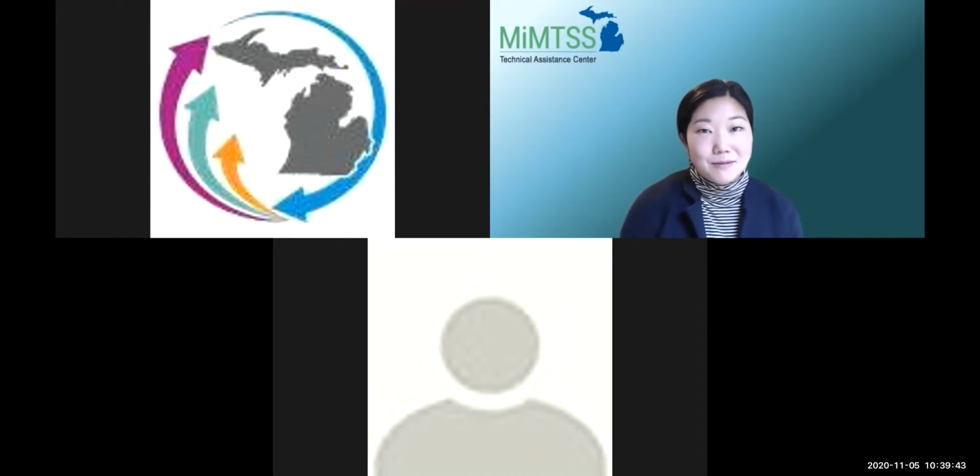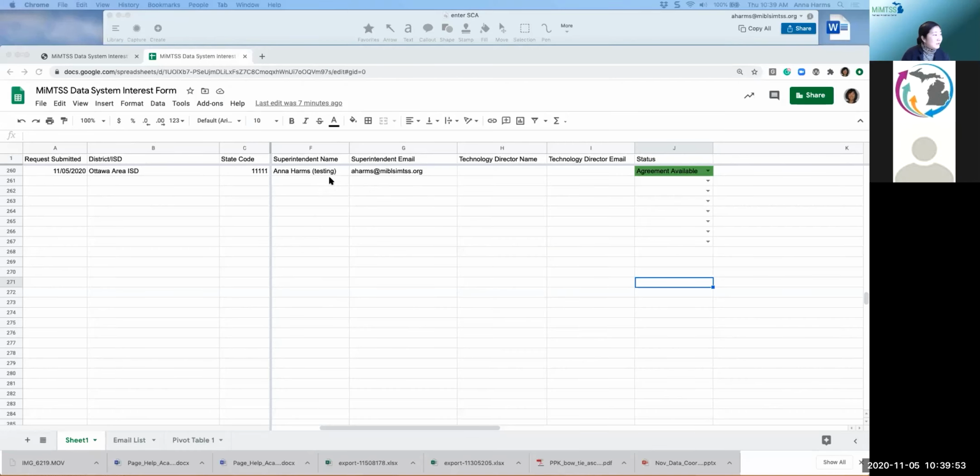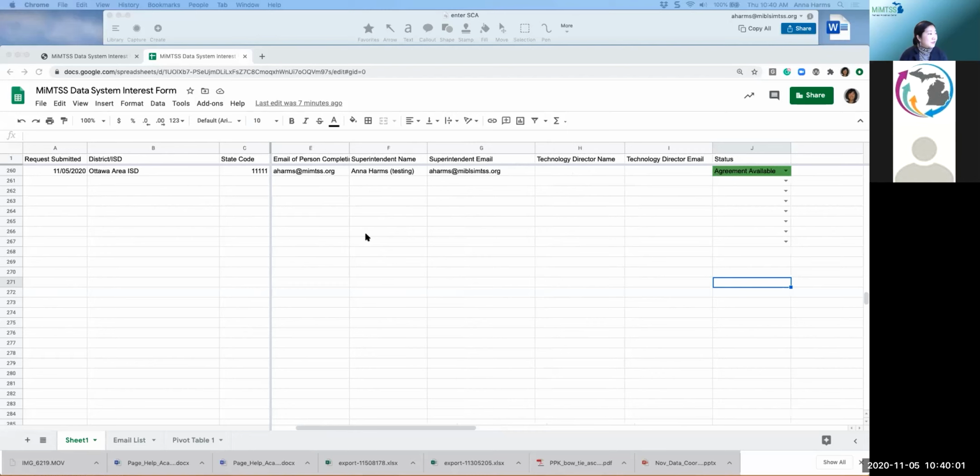In the My Data Hub cockpit, and Candy will also set up the first group of users, and she'll send email confirmation with directions on how to log in. So the individuals who will get that first confirmation email are the people who were named in the interest form.